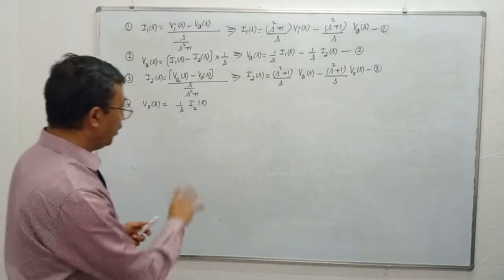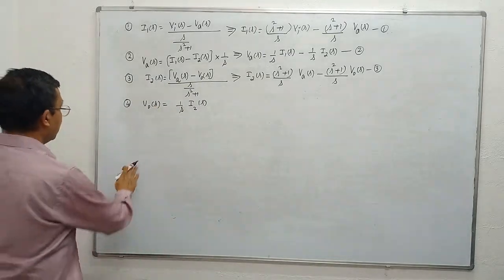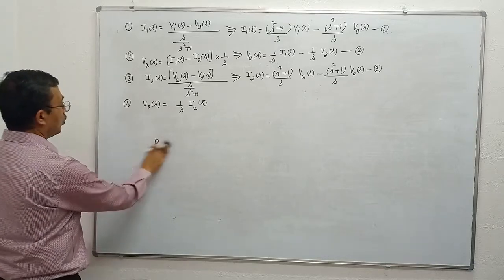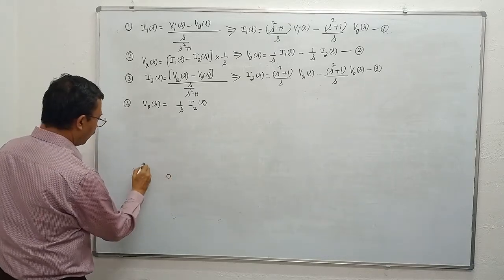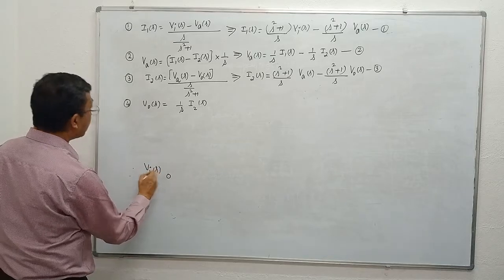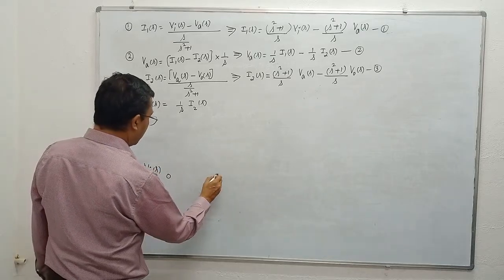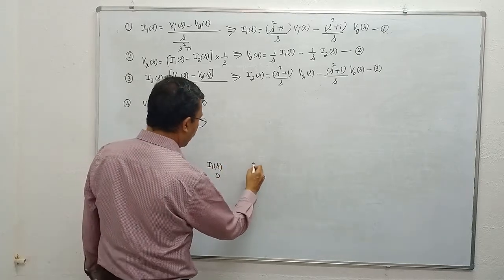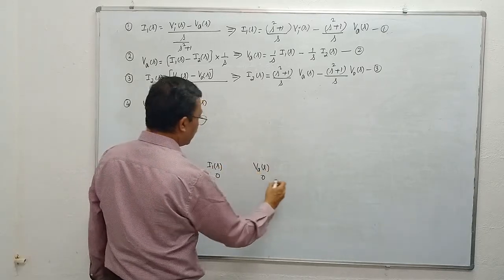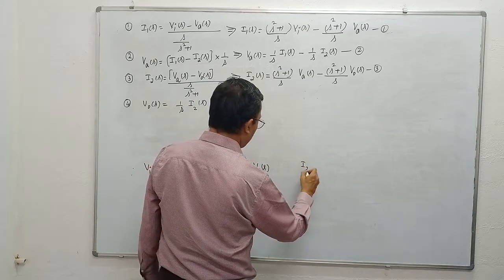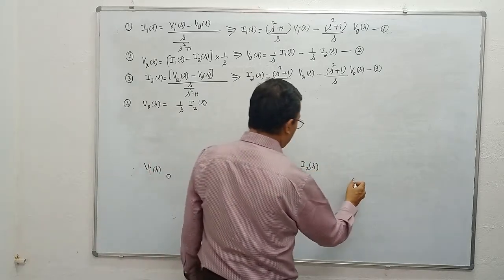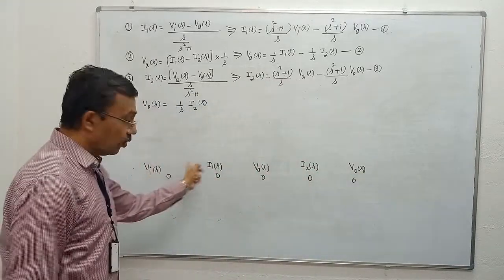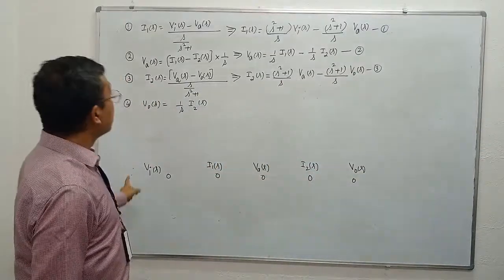So mark voltage and current nodes alternatingly. See here. First is the input node. What is the input node? Input node is Vi of S. After that, you write I1 of S. After I1 of S, you write the voltage node VA of S. After the voltage node, write the current node I2 of S. After the current node, write the voltage node V0 of S. Voltage and current nodes are written alternatingly as shown here.